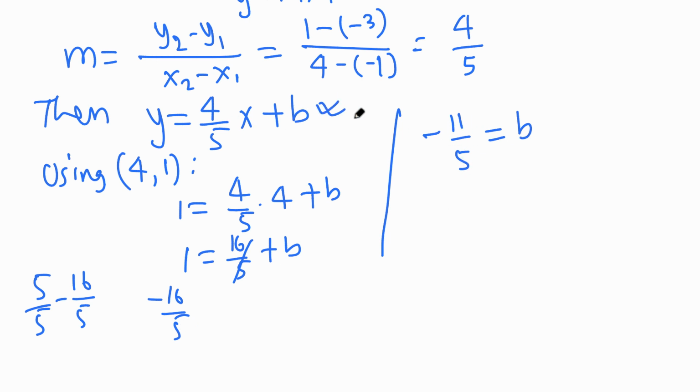Go back here, then write down the final answer. y equals mx plus b, 4/5 x plus b. b is negative, so -11/5. Final